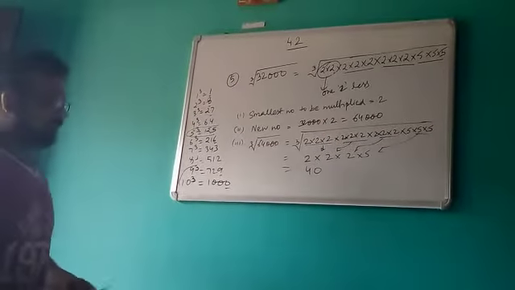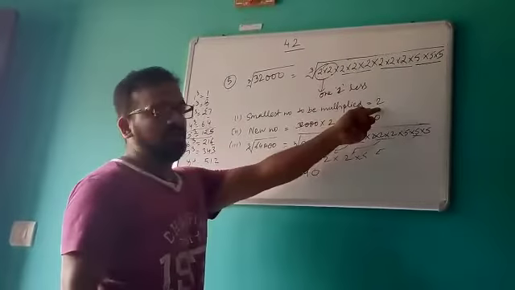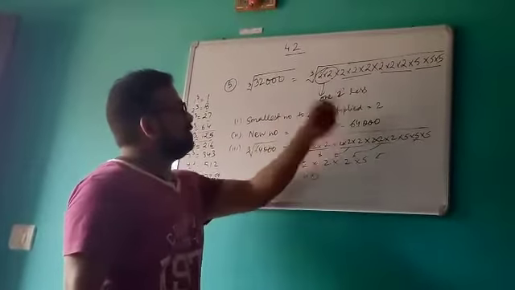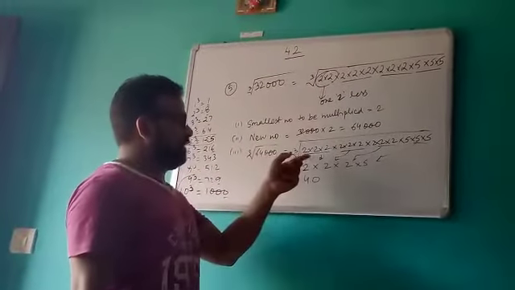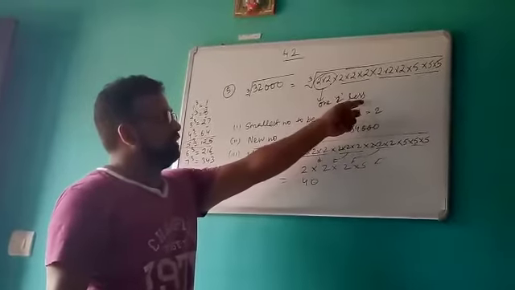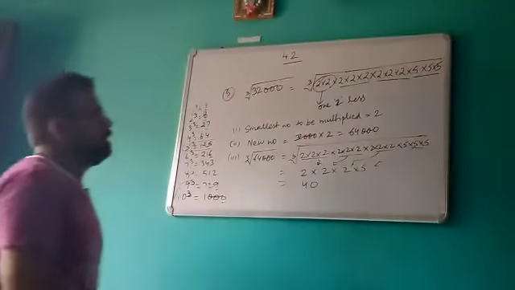Okay, so these will be the steps. Whatever group is not forming, that will be the number to be multiplied. Then the new number you will make by multiplying that number with the original number. Then you will again calculate the cube root by using prime factorization. So you will simply add one more 2 here. Whatever value is not there, you will put that value. You will get the cube root of the new number.